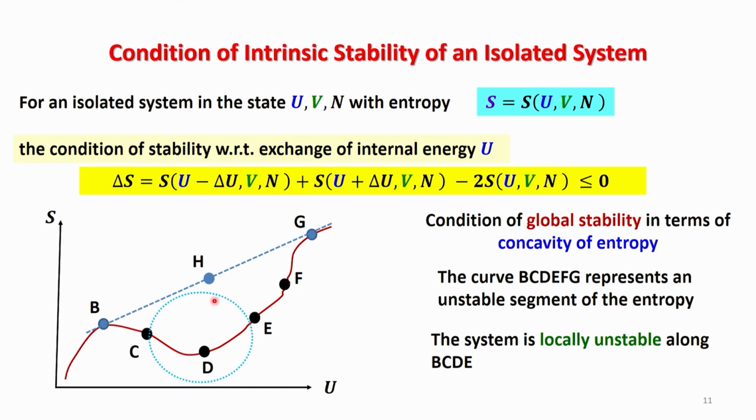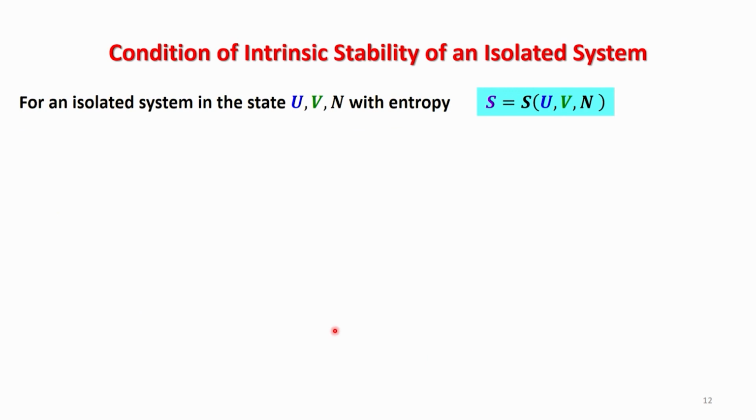As a result, I will say that the system is locally unstable along this particular region as I have shown here. So, now that I know what is happening for an isolated system in terms of entropy, I can again say